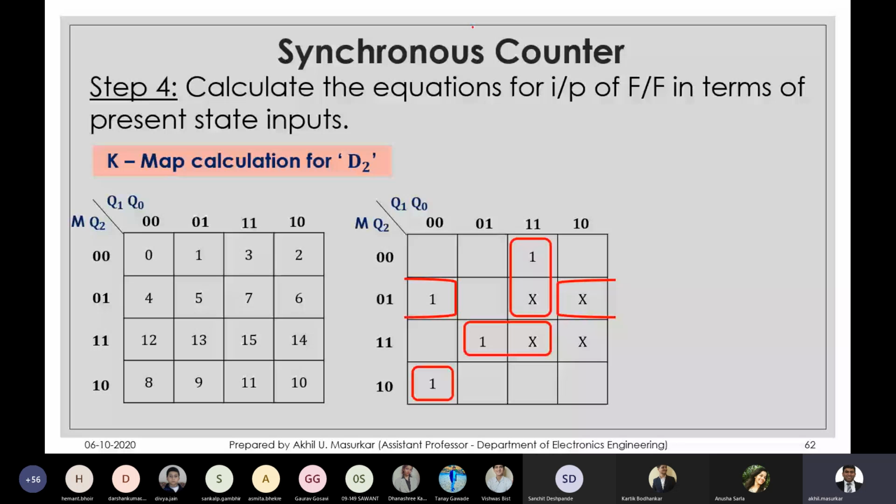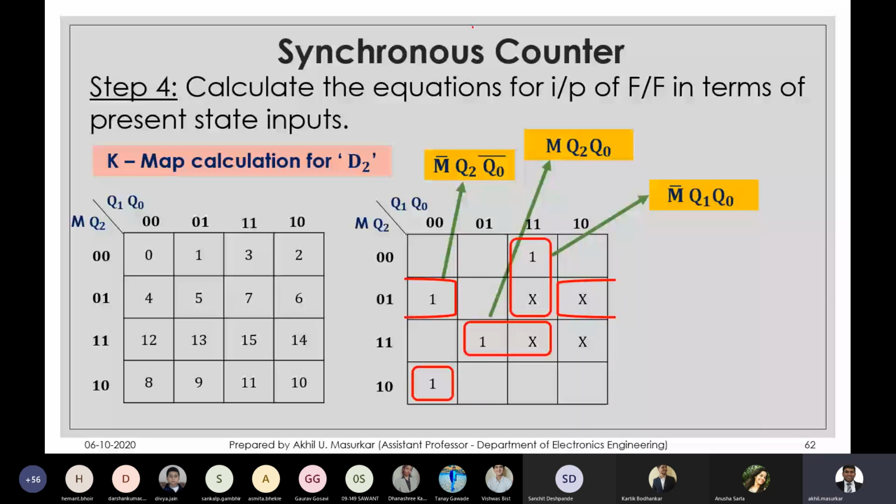So there are 3 pairs and one isolated set. So this is M bar Q2 Q0 bar, which is MQ2 Q0. This is M bar Q1 Q0. And this is MQ2 bar Q1 bar Q0 bar. So D2 would be